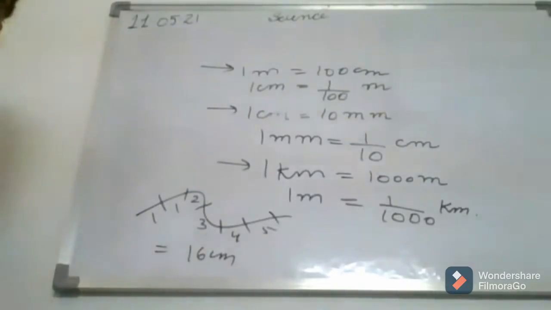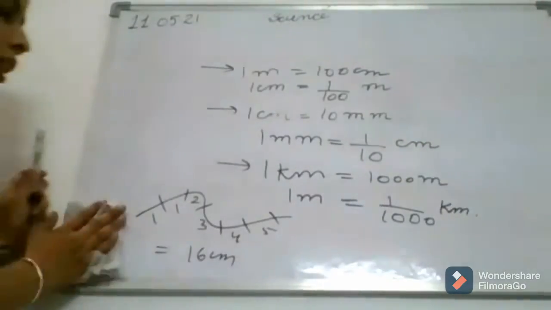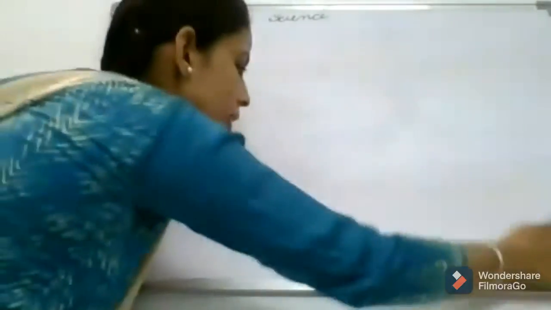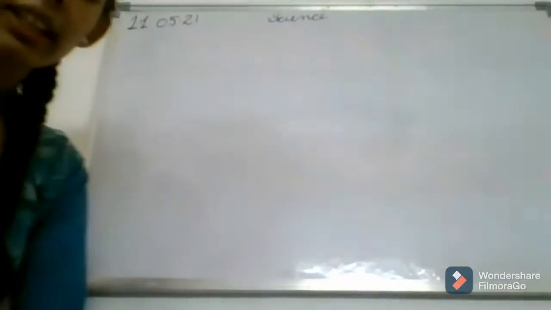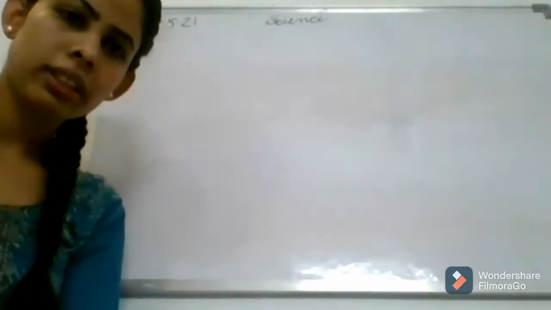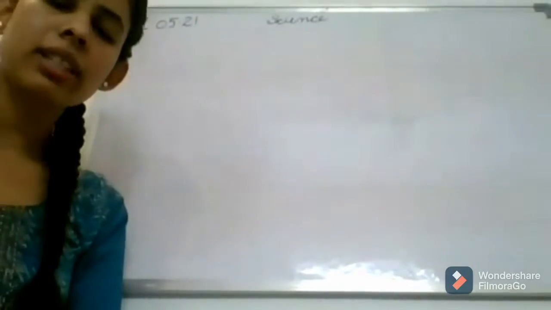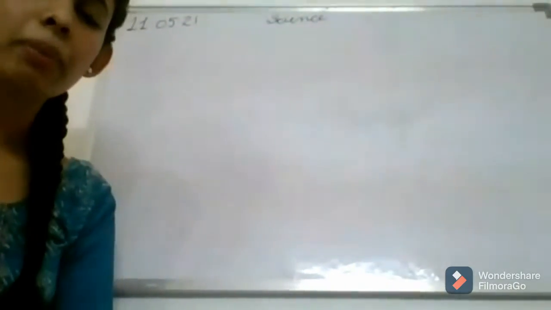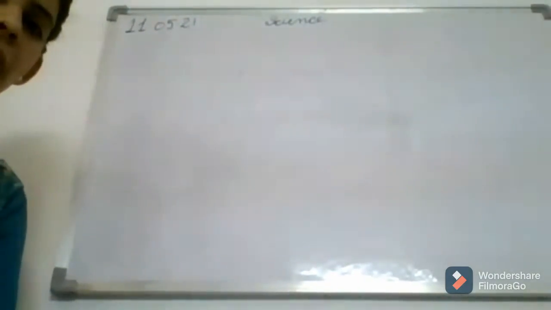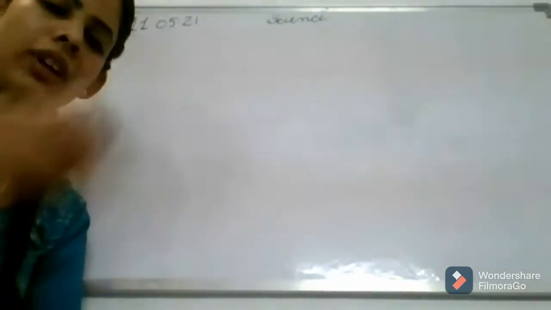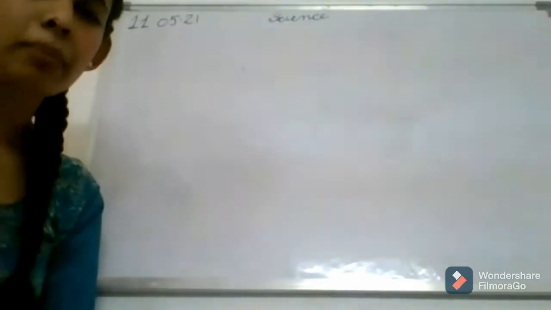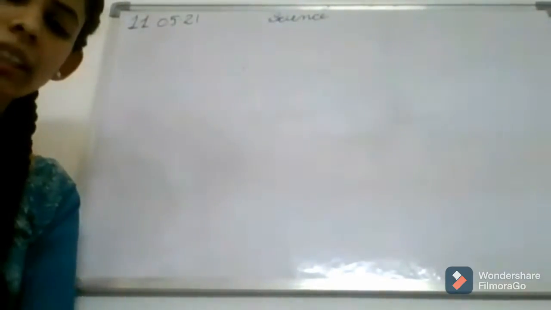Next, we have discussed the types of motion. The first type of motion that we have discussed is rectilinear motion. When an object is moving in a straight line, it is called rectilinear motion. Then we have discussed circular motion, when an object is moving in a circular path. I have also given you an example of a string that is tied to a stone, and then I whirl it, then what will happen? It will move in a circular motion. It is an example of circular motion. Clear?